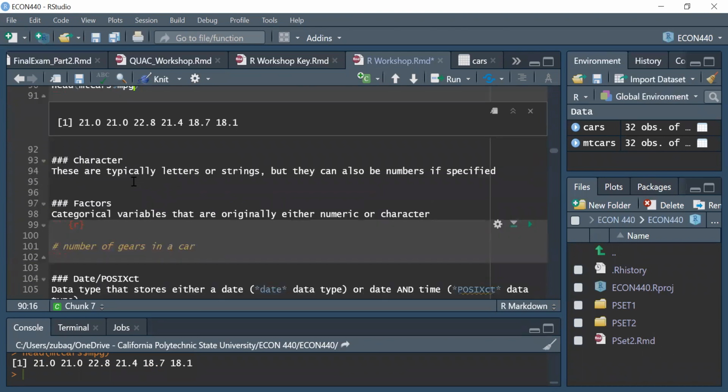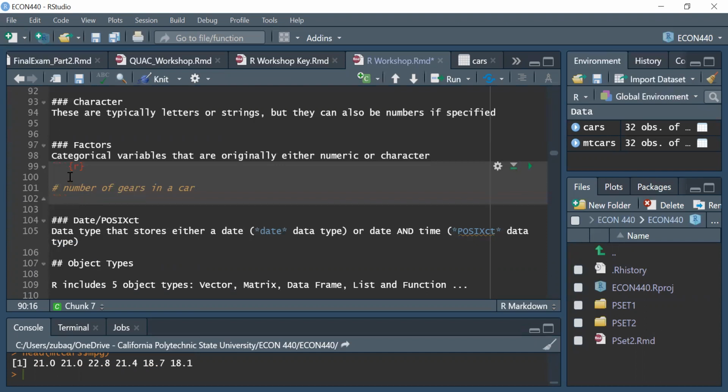Then there are character data types as well. That's self-explanatory: anything with letters, but it can also be numbers if you specify it that way. And lastly, or one of the last ones, is factors. Factors are essentially categorical variables that have different levels to them. We'll go into more depth on that later, but just to show you an example of factors,